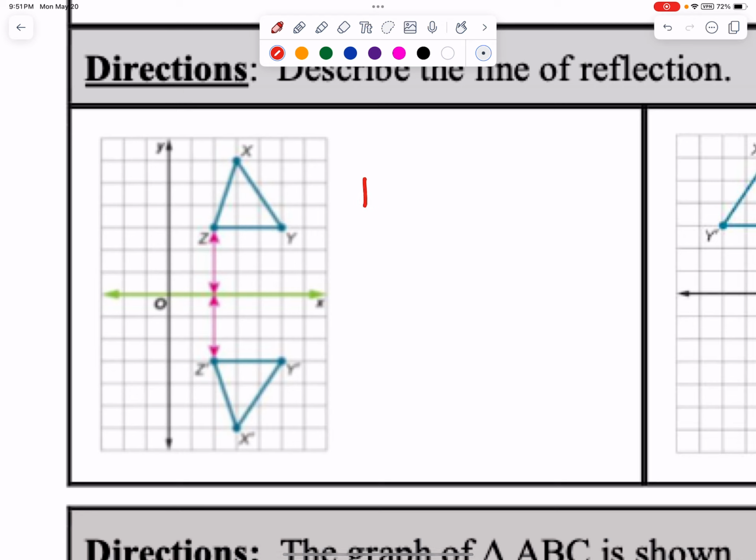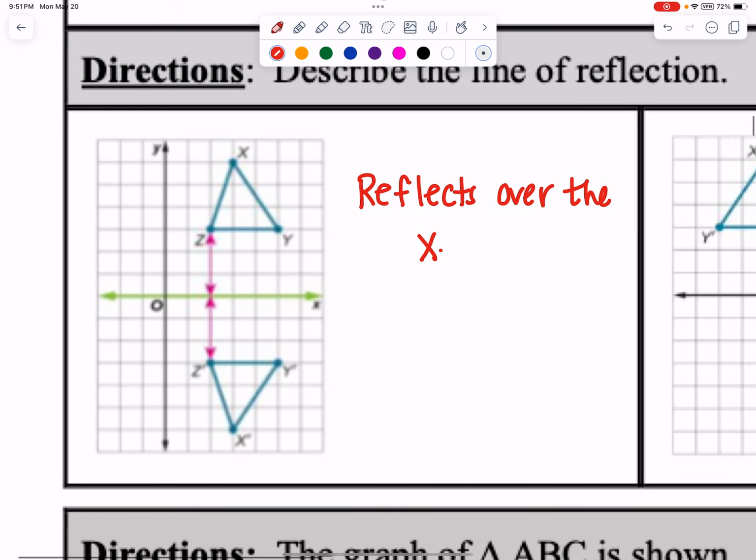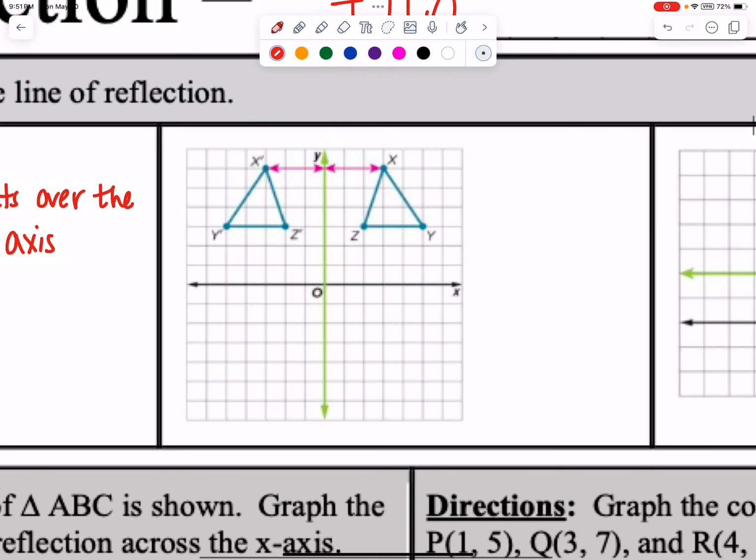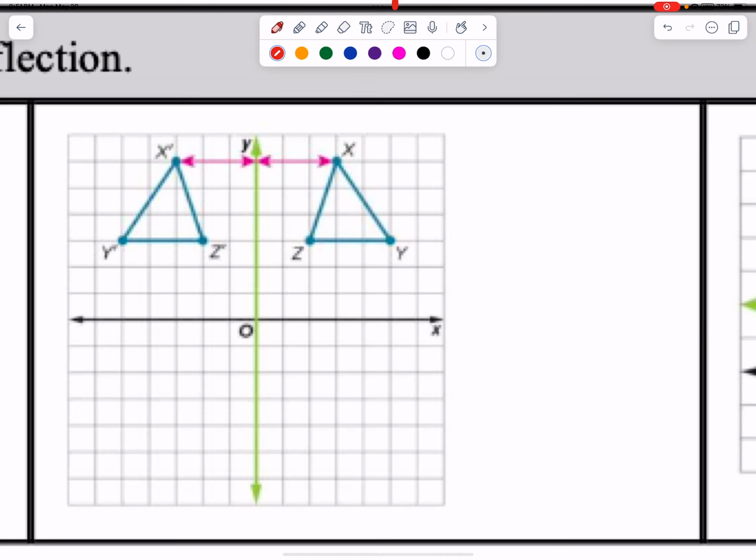So let's go ahead and write reflects over the x-axis. And you can see that it does that because if you count them, we can see from the x-axis we have 1, 2, 3, and we have 1, 2, 3. So it's flipping over the x-axis. Okay, let's go ahead and take a look at the next example. What's it flipping over? You can see it's the same distance from this point here. We have a distance of 3 from each side, and so it is reflecting